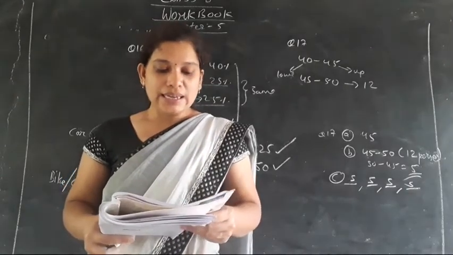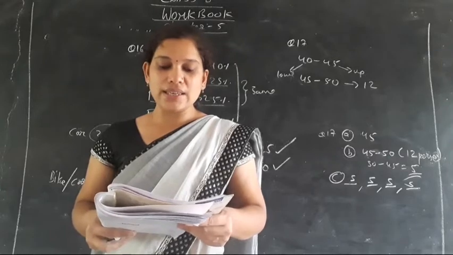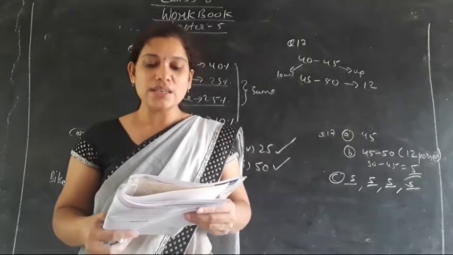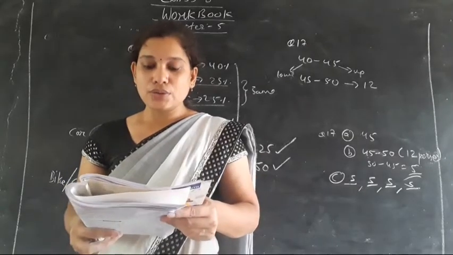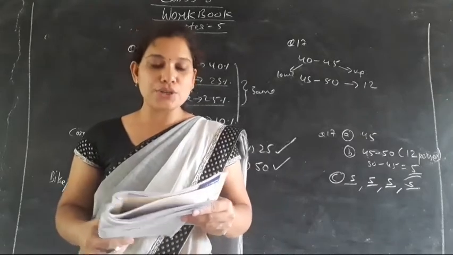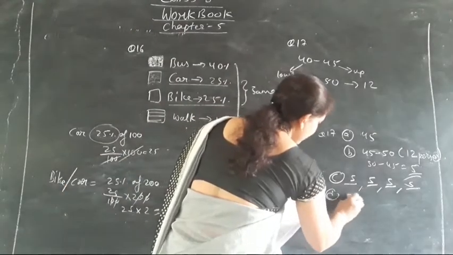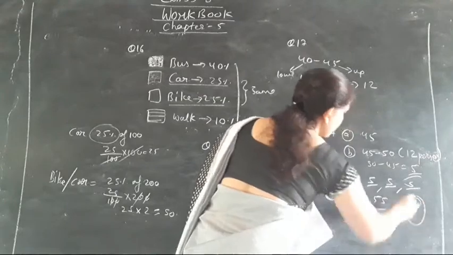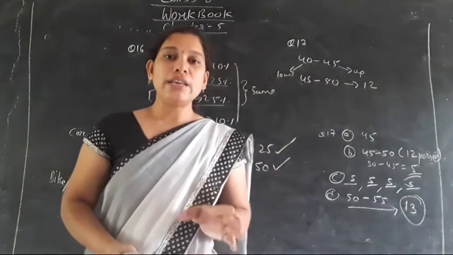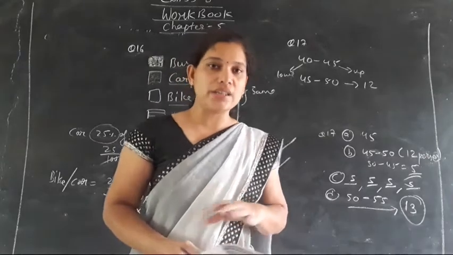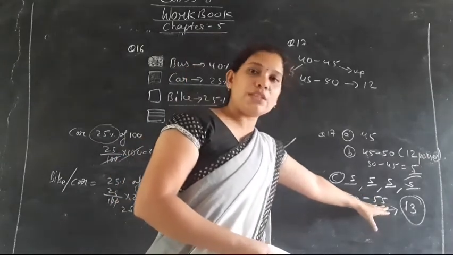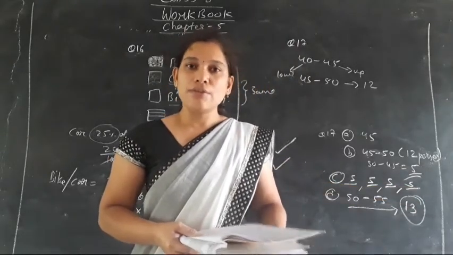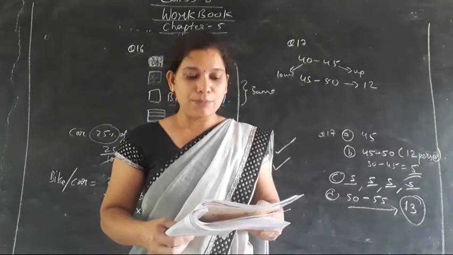Moving toward the D part, the class interval which has the highest frequency is. Highest frequency means which has the greatest frequency. We can see the highest frequency in the frequency distribution table. Our class interval 50 to 55 has the number of people as 30. So this is the frequency. The number of people is your frequency. So in which class interval is the highest frequency? In the class interval between 50 and 55, the highest frequency is there. So the class interval is 50 to 55. So write the answer 50 to 55.